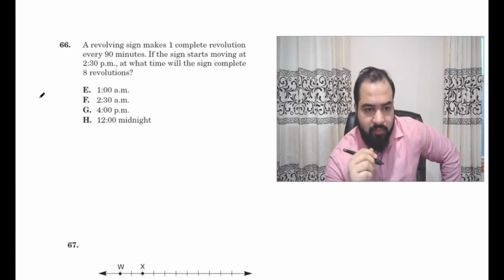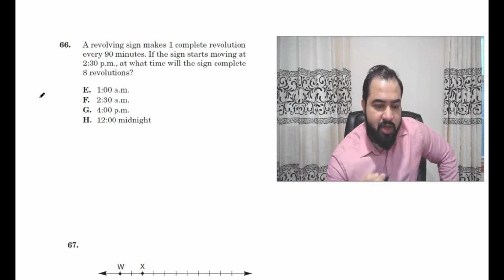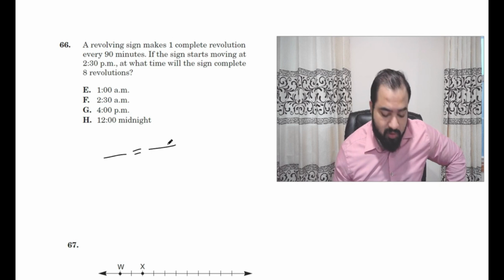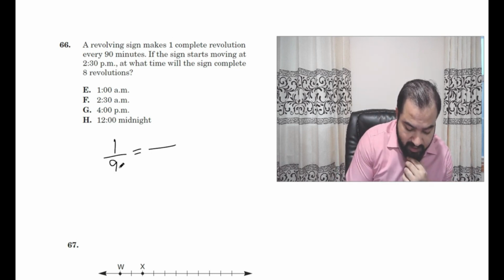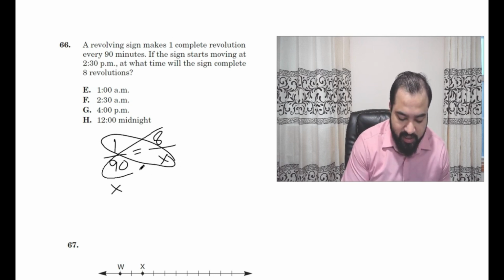It says a revolving sign makes one complete revolution, meaning it goes around one time every 90 minutes. If the sign starts moving at 2:30 p.m., at what time will the sign complete 8 revolutions? Now let's see, we can set up a proportion here nicely. One revolution takes 90 minutes, and we want to find out how long 8 revolutions take. So we can cross multiply. x times 1 is x, and 8 times 90 is